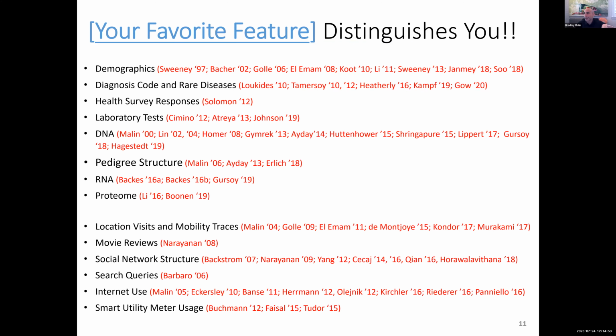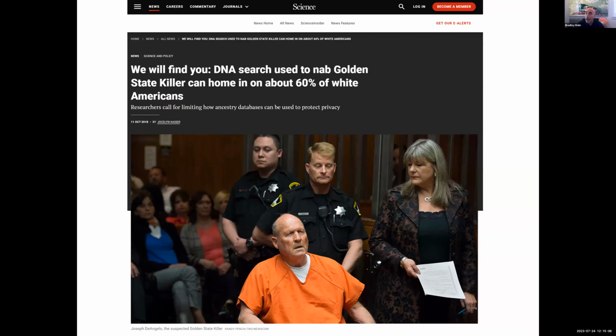I stopped keeping track of this a couple of years ago. This is the tip of the iceberg. There was a study that came out a couple of days ago talking about how this happens with mobile wearables as well. And why people care about this is not just due to the potential for embarrassment. There are real questions about whether law enforcement gets interested in using this information to track people and potentially investigate them for things that people were not necessarily proud of.